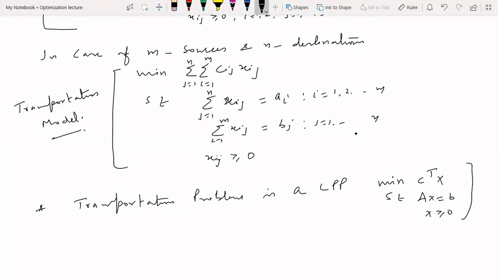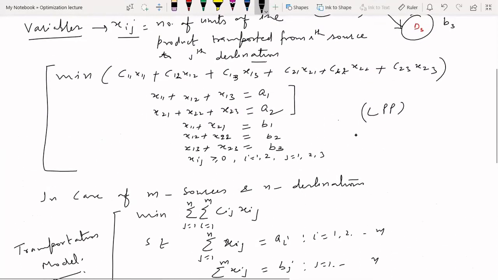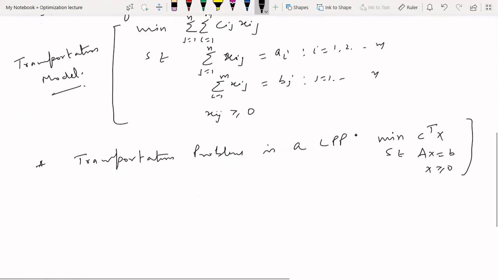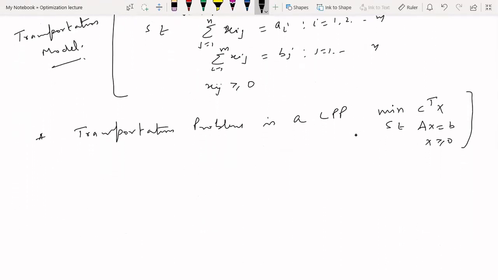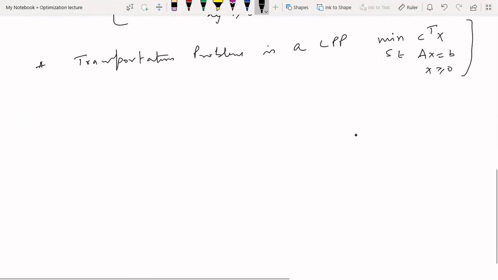So we need to identify the C matrix, A matrix, and the B matrix. I will explain this for my 2 source and 3 destination case. Okay, so from here, you see my A matrix is what? You can see in case of 2 source and 3 destination problem, I have